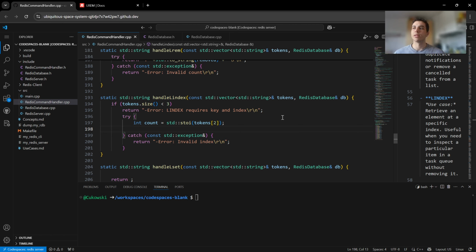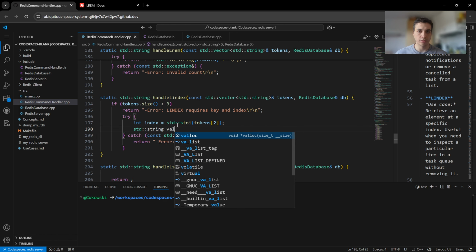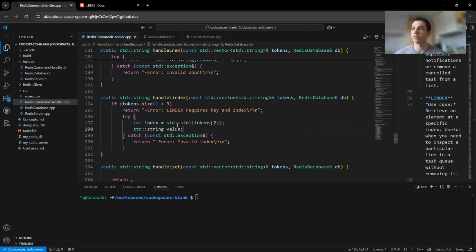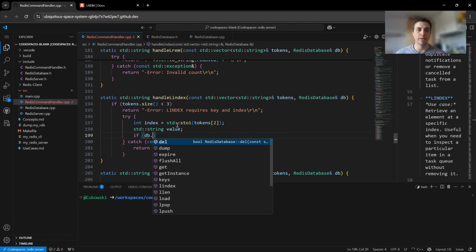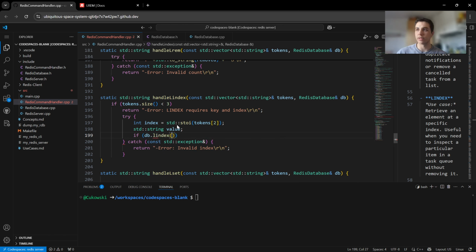Okay, so here we are getting our index number, integer. We also have a string called value to get our value, and we will be checking if in the database LINDEX function, when we give it the tokens index 1 and our index with the value, it will,